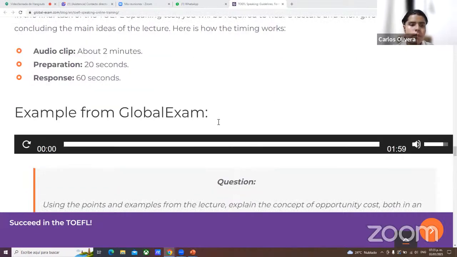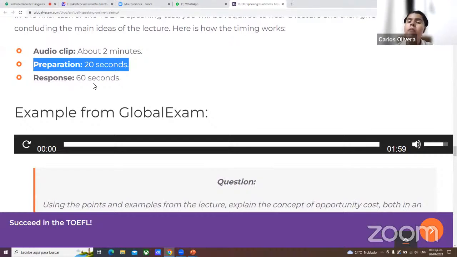Now, after you listen to this, ETS gives you 20 seconds to prepare a response, all right? So imagine that those 20 seconds have already happened. And now listen to my response because I responded to this question. And remember, the question is simply summarize this lecture. There is no such thing as summarize this part or this particular segment. No, it's the entire lecture. So the question is always going to be summarize the lecture. So listen to my response.